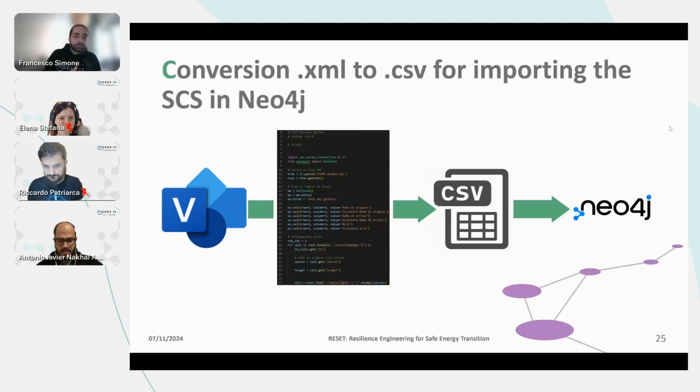Starting from the picture, so an XML file actually, it spots all these patterns, these logics of connections, applies the organizing principle based on the connections that it found, and creates a table, a CSV file, that says, okay, here there is a block that is a controller and it is connected to a sensor or whatever. Once we have the CSV file, we import it into Neo4j, and we get, please next slide,